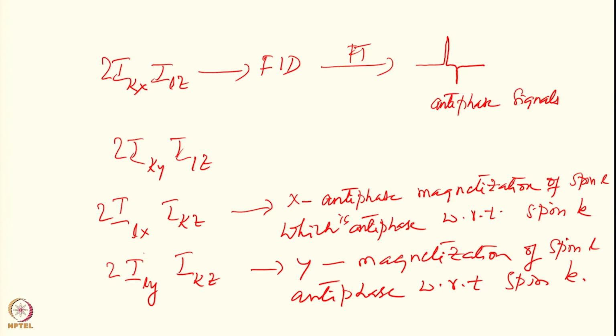When you do mixing times, during the mixing time we generate transfers from one spin to another spin. If I go from Kx to, let us say, 2KXLZ to 2LXKZ, it would mean that I have transferred from the K spin to the L spin. So this sort of transfer will happen during the mixing periods. That is why it is important to understand these terminologies, how this will happen. And there will be other kinds of terms,